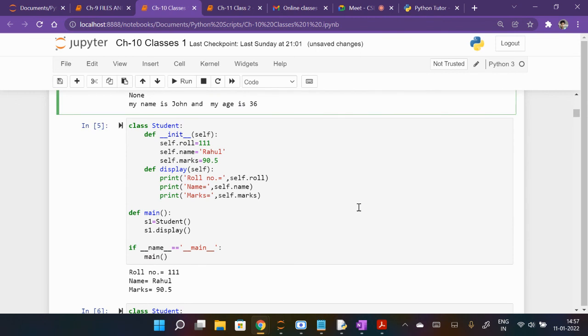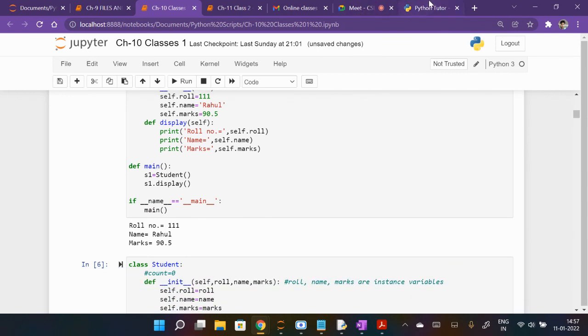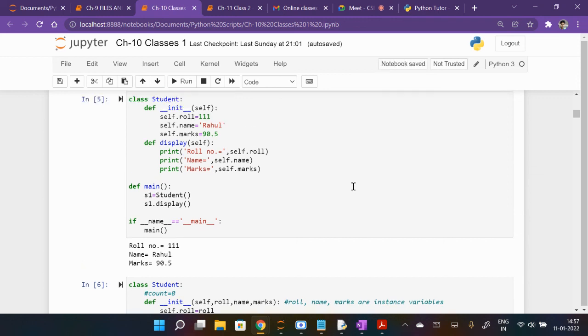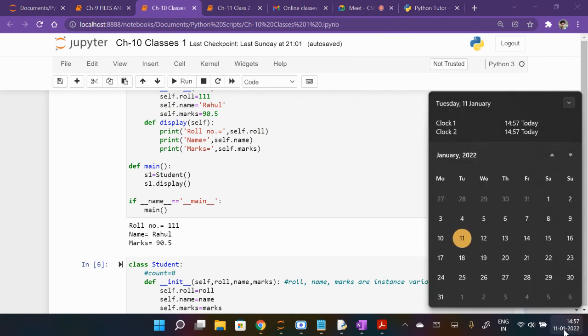So you also try assignments 9 and 10 both. I will modify the Google form. I think I have sent it to you already. I will modify it there and give the place for, I think, 8, 9, 10. This was chapter 10, so you try that also. Before the 15th you have to upload assignments 8, 9, 10.